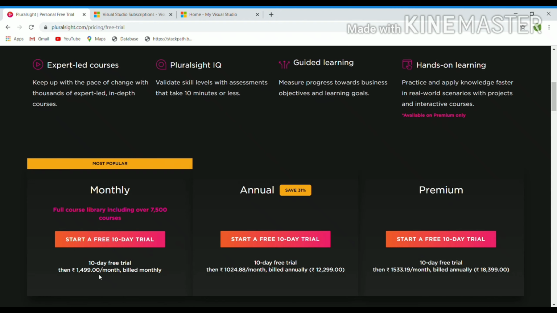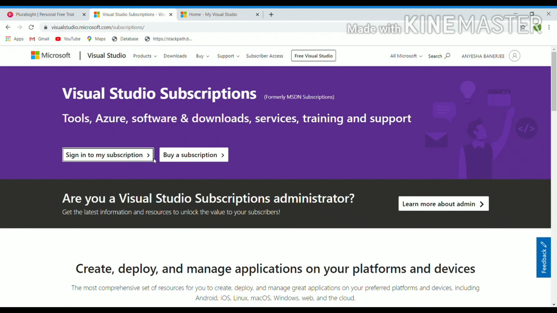In our description box, I have provided a website link on Visual Studio subscription. After clicking on the link, the site will open like this. It's a Microsoft link through which you can access Pluralsight.